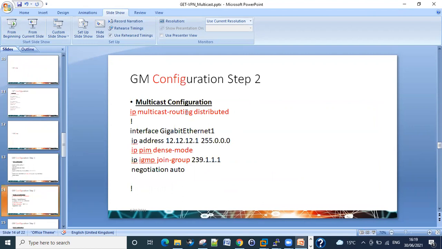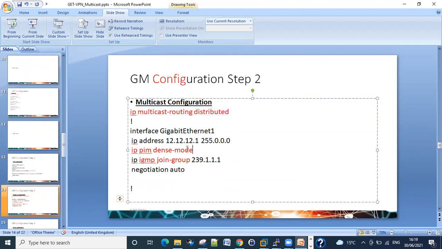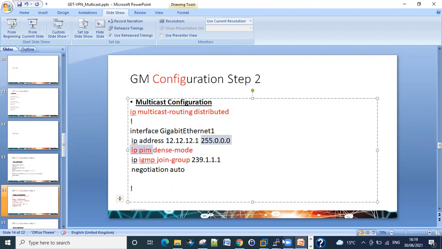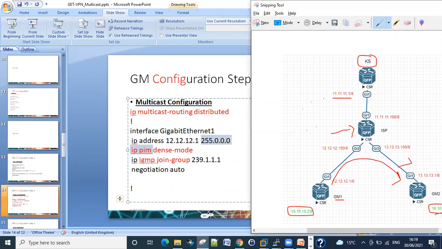Step number 2, enable the multicasting. The command remains pretty much the same. The only point with IGMP and PIM dense mode is basically when the clients will be sending the multicast traffic from the client. So the groups need the IP address 239.1.1.1. The KS will send it over this address, and the group members need to join an IGMP group for